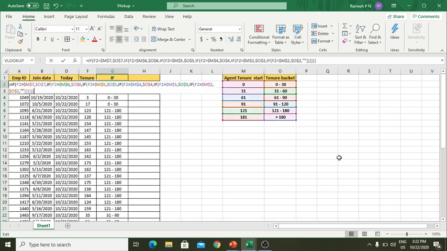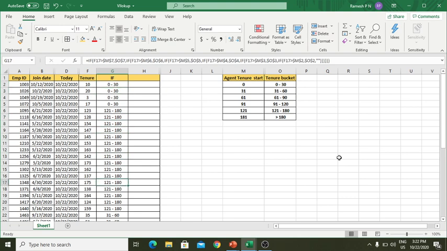You can see this is the IF function I used. If J2, which is the tenure value, is greater than 0, then it will give me 0 to 30; if greater than 180, give me this particular value; if greater than 120, give me this particular value; if greater than 90, give me this particular value. This bucketing is already there because I used the IF function.